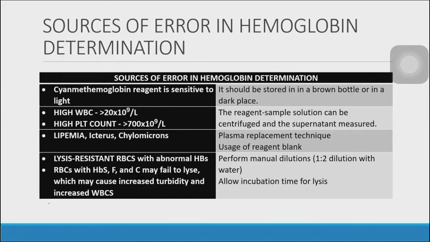So again, hemoglobin determination in the laboratory is done by means of a spectrophotometric analysis. Okay, so since it is being done by spectrophotometric analysis, factors or variables that may affect the appearance of the sample itself may cause erroneous results in hemoglobin determination. So ano ba yung mga variables na yon? Any changes that may cause changes in the appearance of the sample. Pwedeng turbidity, okay, pwedeng mga ganon. Okay, so ano ba yung mga sources of error?